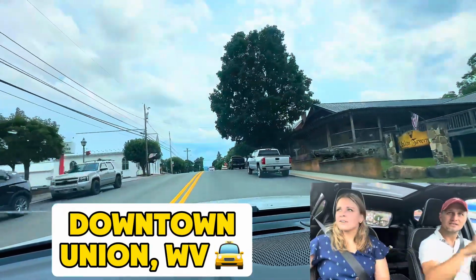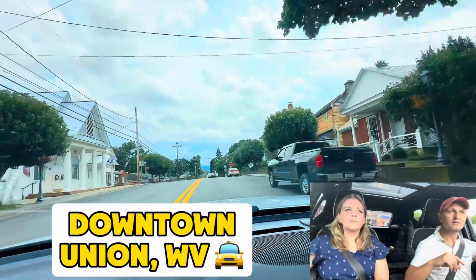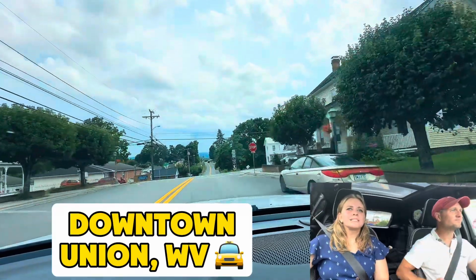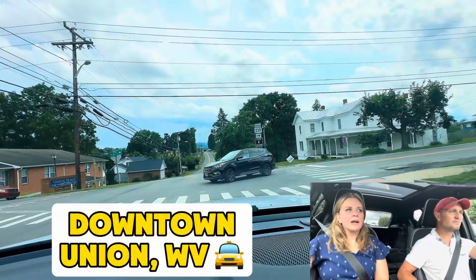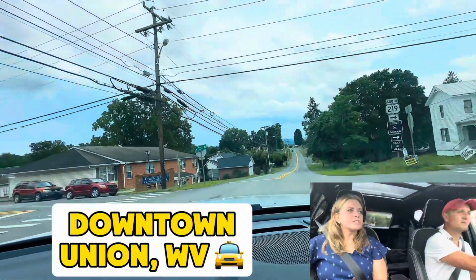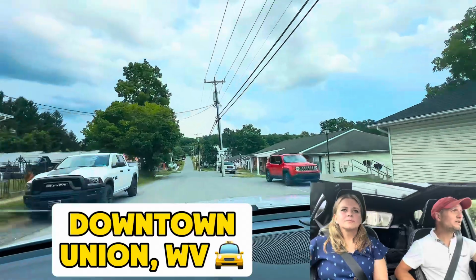Queen's Pizza is on our left. Is Union Tavern open? Union Tavern, yes, not today, but Thursday through Saturday. That's the thing. Mondays, a lot of things are not open. And if you were to turn left here, you would be going to the IGA, which is the local grocery store. So we'll drive over there, show it to you, and then if you...